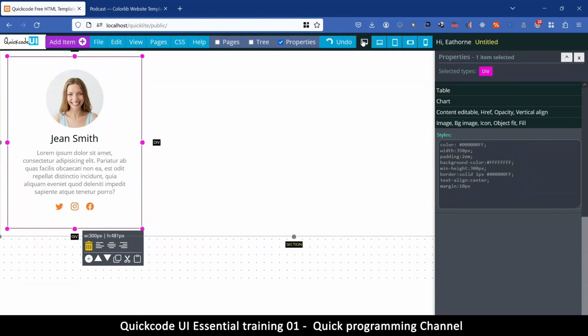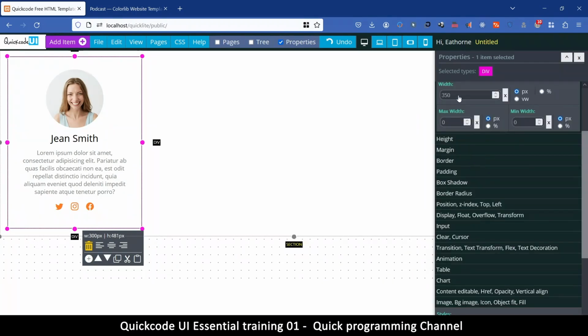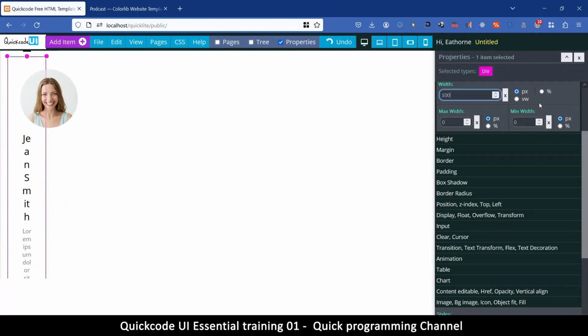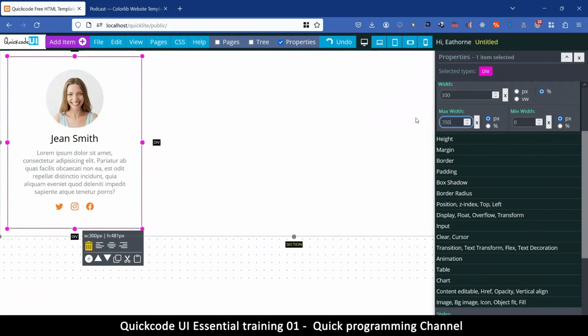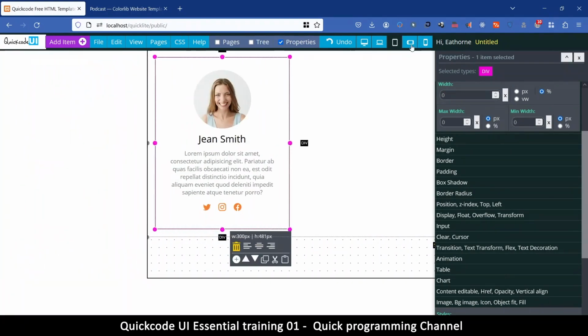So always go back to the desktop version if that's not what you want to do before you add new styles. So what I want to do instead is, let's go back to the width. Let's remove and put 100% here. And then we say max width 350. So we're telling it that the width should be 100%, but it should not exceed 350. So that's good for responsive view. So let's go down to the